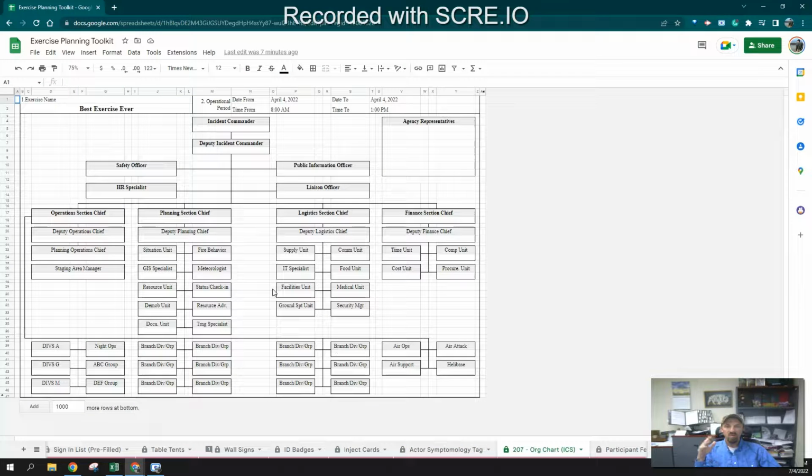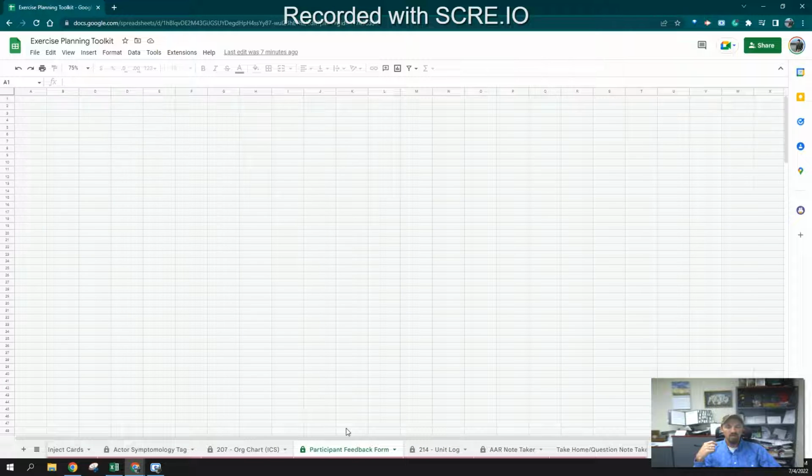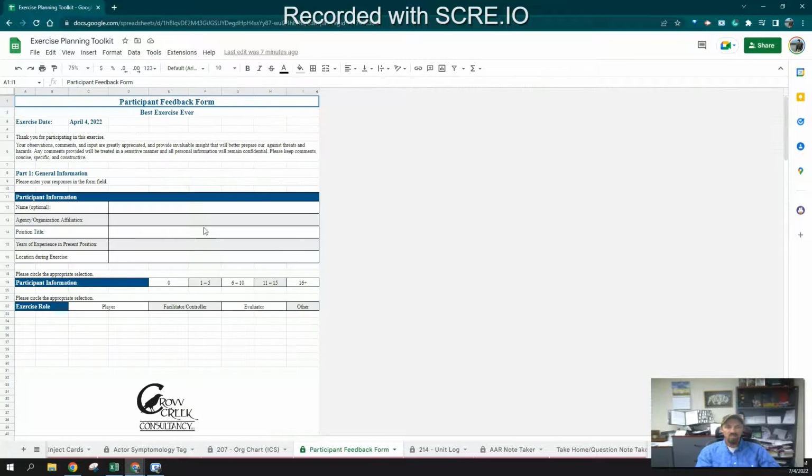This might be something that you would print and put up or provide to the participants for them to write in who's who and who's on first, if that again is applicable to your particular exercise. We have a participant feedback form, which helps build towards our AAR and our improvement plan. You can make some customization to it. Once it loads up, it asks a series of questions, very based off of the HSEEP stuff,